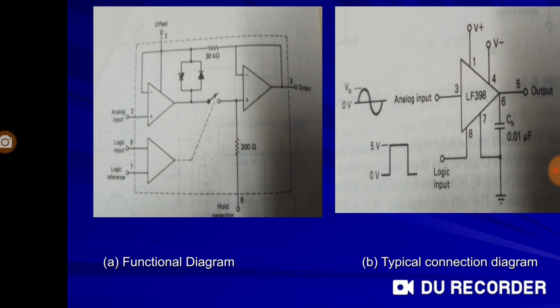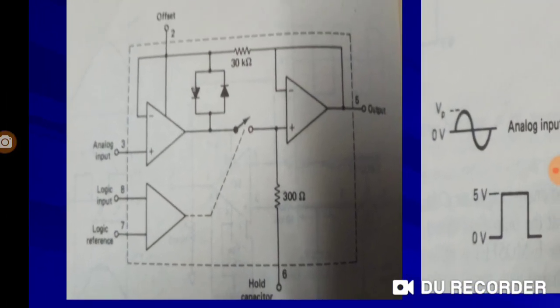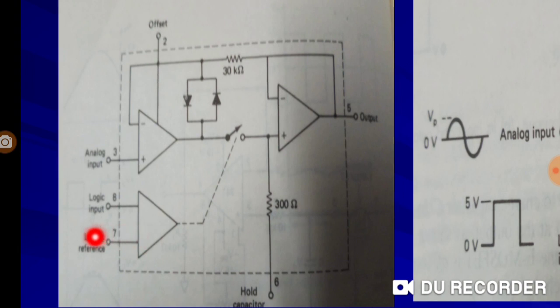So if you look at this, let's expand. If you look at this, there are 8 pins actually. You can't trace out 1 and 4 over here. You have 2, 3, 5, 6, 7 and 8. So 8 pins, and 1 and 4 are left because 1 and 4 are positive and negative supply respectively. We'll look into the pin connections at that time. So it has been left out that way.